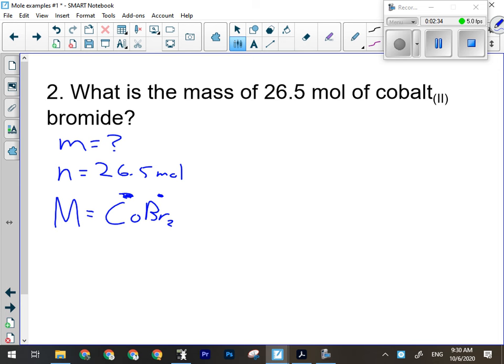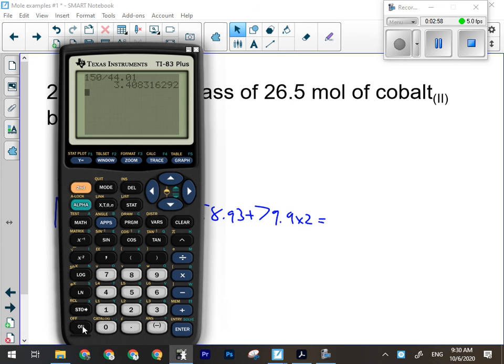That's going to mean 58.93, the 1 cobalt, plus 79.9 times 2, our 2 bromines, and that gives us our molar mass: 218.73